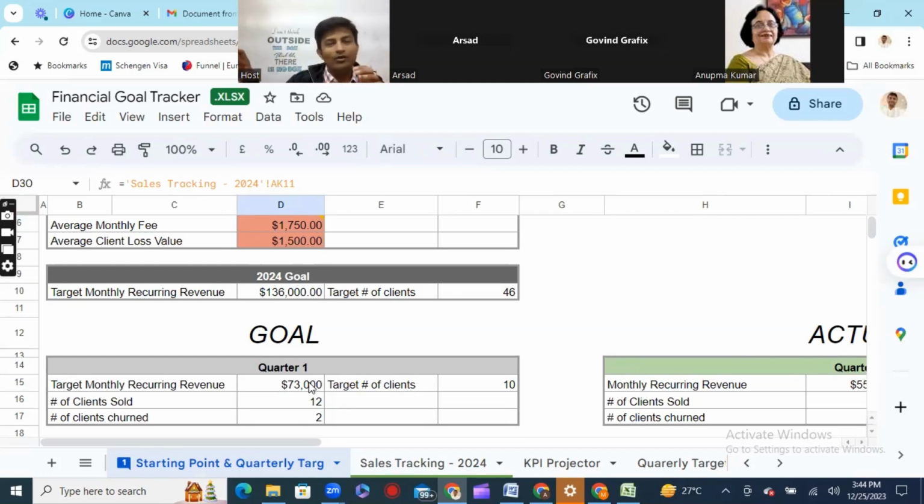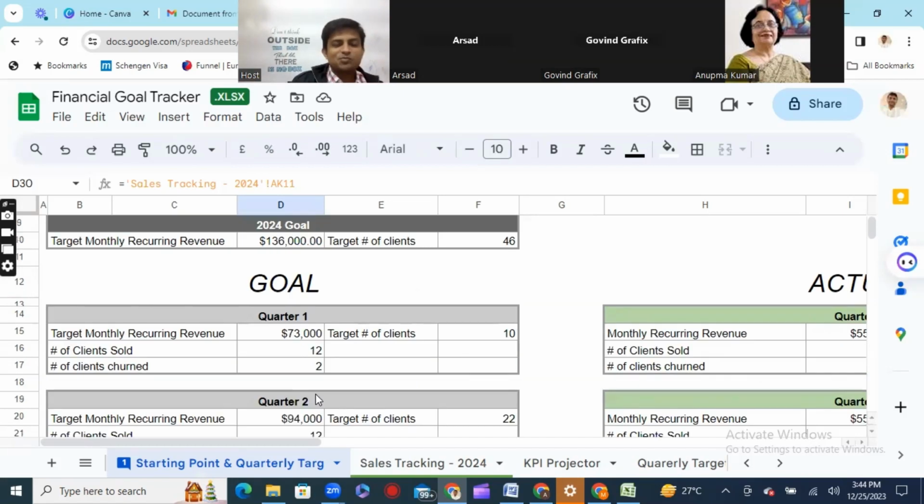So you calculate the amount using the mathematics you learned in class 9 and 10, algebra. Take x, then 2x, then 3x, then 4x, and sum them up: x plus 2x plus 3x plus 4x is equal to 1 crore. You get the value of x, and for every quarter you will get the result. So this is a simple formula for calculating your quarterly goal. Once your quarterly goal is clear, you do the same for your monthly goal.